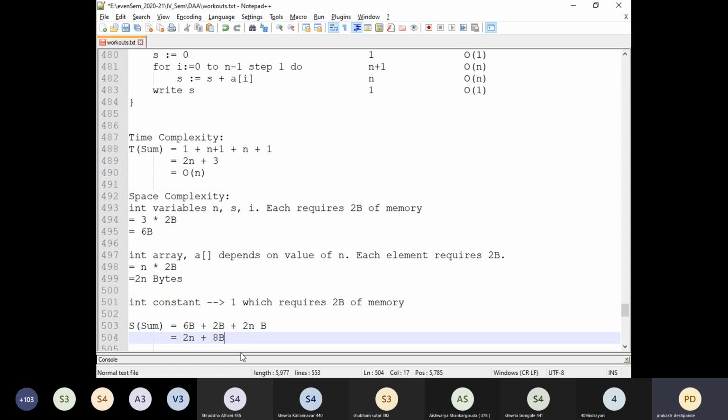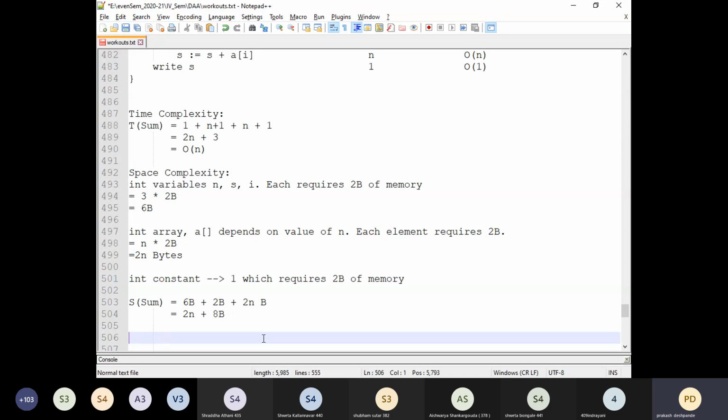No, sir. Okay. Now, once we arrive at this space, we need to write one more statement: the total space complexity depends on the instance characteristic n.